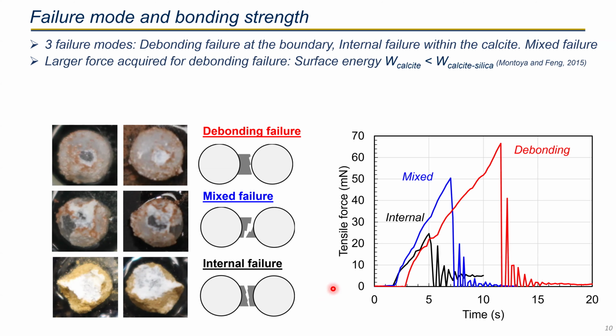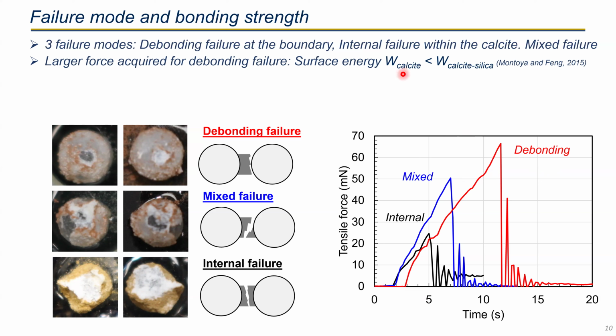If we go back to the first time graph, depending on the failure mode, you can see the red one from the debonding failure requires the highest force to break the bond, while the black one from the internal failure requires less force to break the bond. This can be explained by the concept of surface energy. Surface energy is the energy to create a new surface. So from the previous